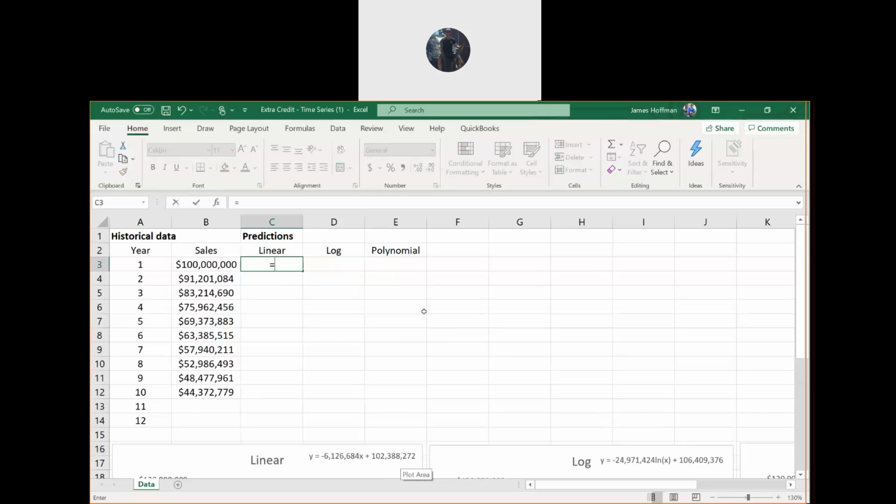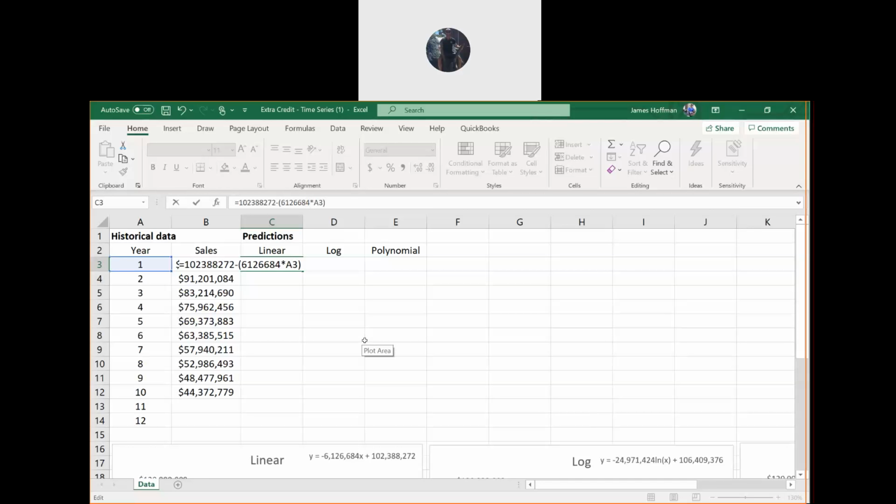So equals, this is in C3, equals 102 all right, so there's the equation, and this is the exact equation from here, and the first x is just year 1, so it should say equals 102,388,272 minus, in the parentheses, 126,684 times A3.